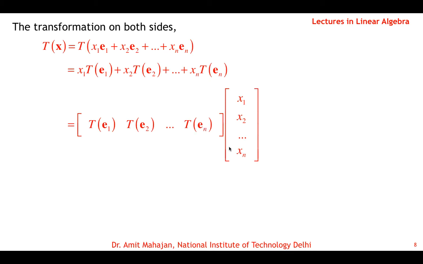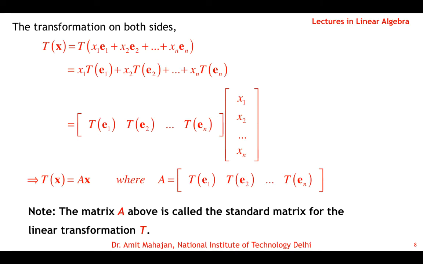Clearly this column vector is the x vector, and now we can name this matrix as A, so it becomes Tx is equal to Ax. So Tx equals Ax, where A is this matrix. So this was the proof: if T is a linear transformation from Rn space to Rm space, then the matrix A is an m cross n matrix whose columns are Te1, Te2, Ten, where E1, E2, En are the columns of the corresponding identity matrix.